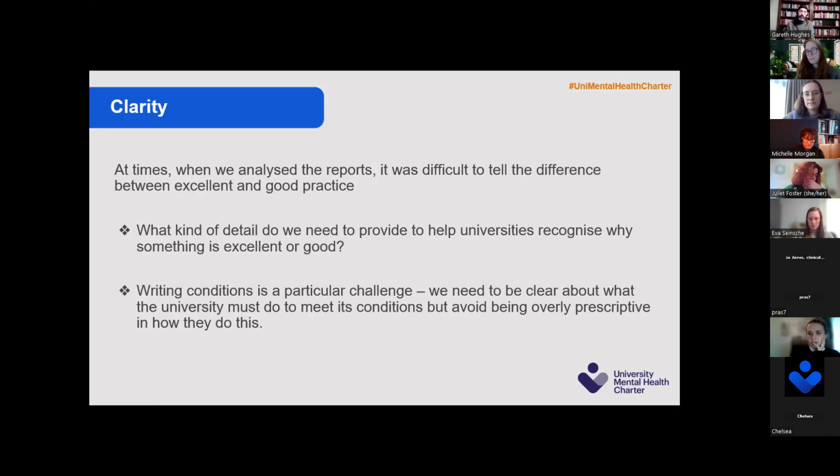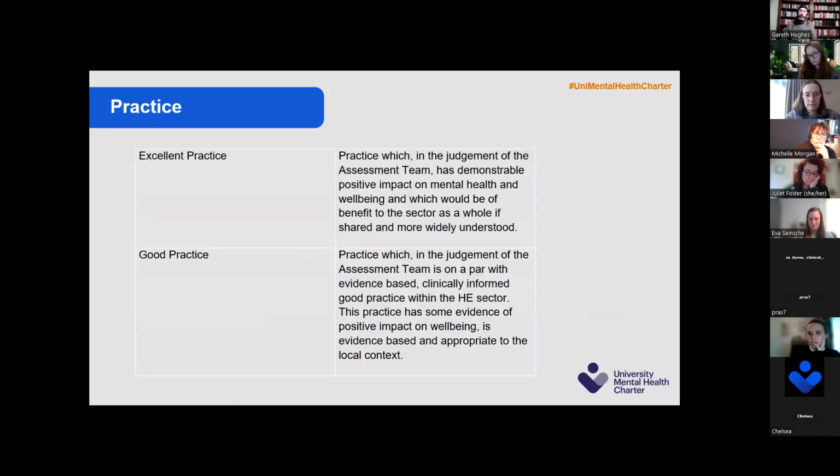And what we generally try to say within those conditions is something along the lines of, let's take the classic one around services not being able to be demonstrated to be safe and effective. We'll give some guidance around the fact that the university needs to do something to evaluate its services in order to demonstrate that it is safe and effective. And then we will give some guidance around, if you're going to use outcome measurement, this is what you must do. And if you're not using that, whatever you do must be as robust and systematic as outcome measurement. In other words, universities can't demonstrate that they're doing this by gathering feedback from 5 students. So finding that balance, but still being clear, is really important.